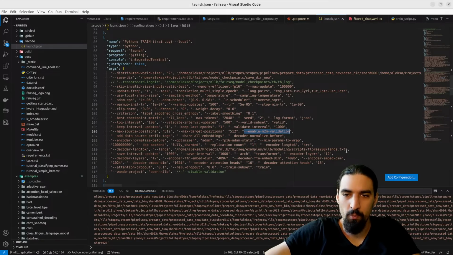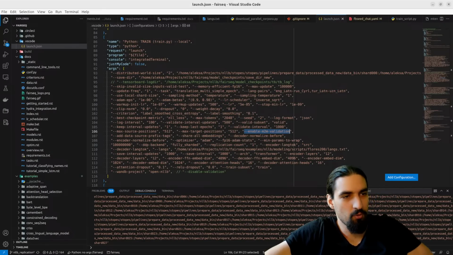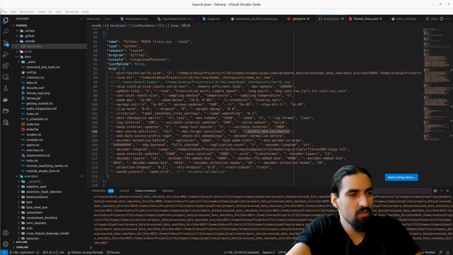I'm not sure where we want to pass all languages here. What's the difference between language pairs and languages? That's one thing we have to understand. So what's the difference between langs argument and lang pairs?